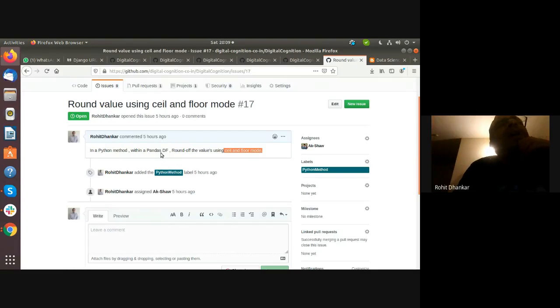Within a pandas data frame, something which will come in the columns, this function will get used. Once this method is coded by Ayush, he needs to do this in a Jupyter notebook. Don't do it in a .py file. Do it in a Jupyter notebook and then send that Jupyter notebook to me on WhatsApp.